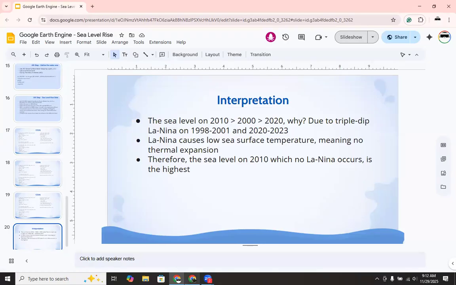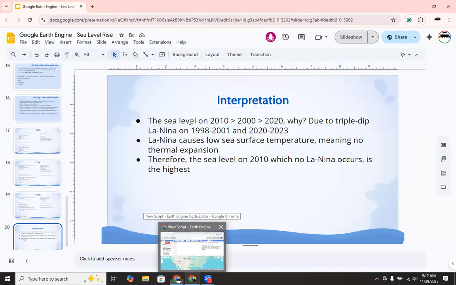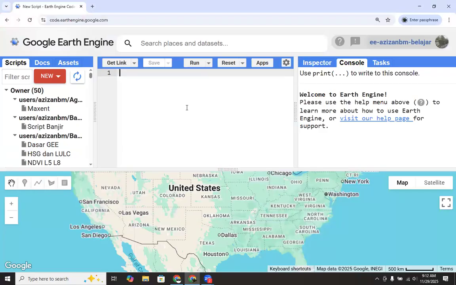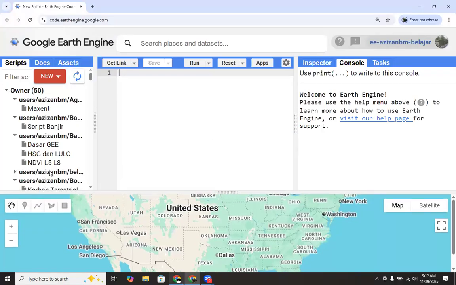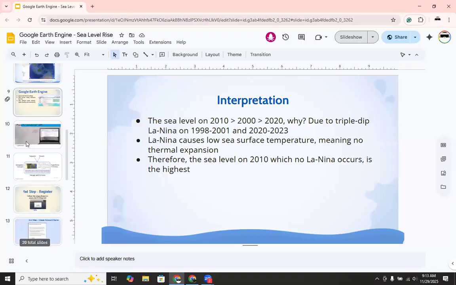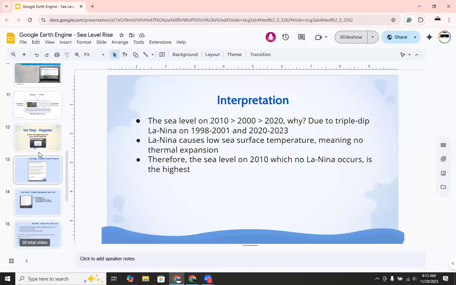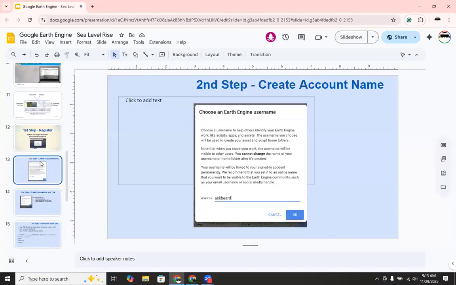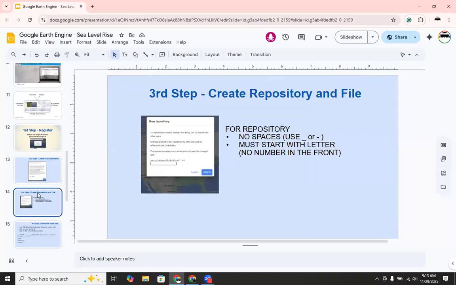The first thing is you have to go to code.earthengine.google.com. After you have the account name and you've registered to Code Editor, the first step is to create a repository and file.